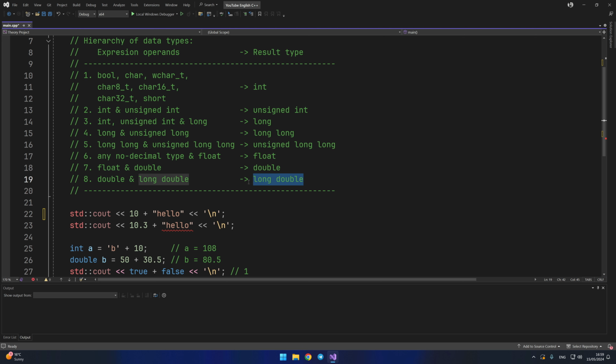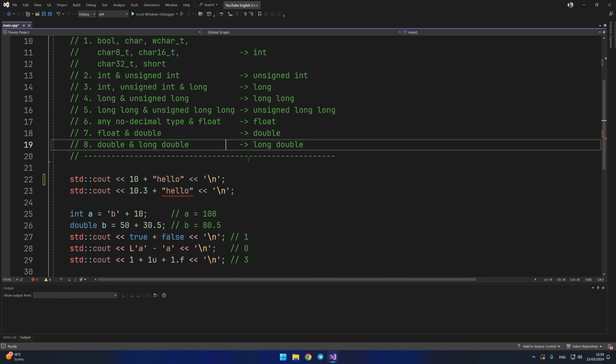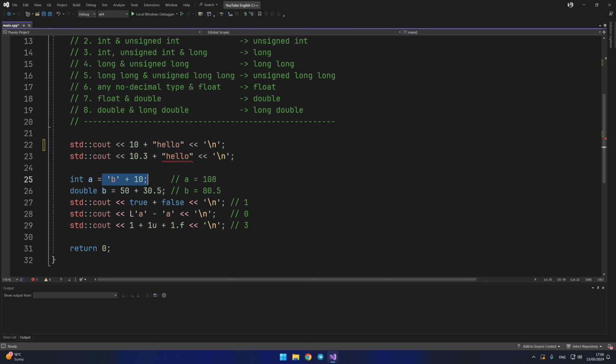You must understand that not every expression will result in a long double. Here the result of the expression will be of type int, since it's the highest in the hierarchy in this expression. The type here will be double. Here and here the result will be of type int, because I said several times that character and boolean types are converted to type int everywhere. Here the result will be of type float, since all non-decimal types are converted to the decimal type float, which is present here. If it were a double or long double type, then the result would have the corresponding type.